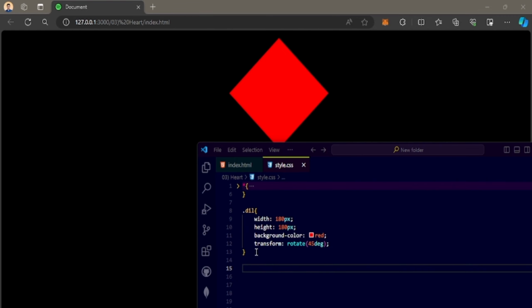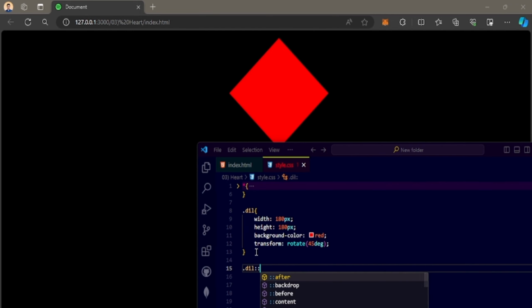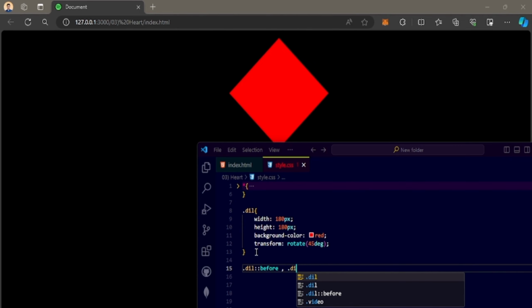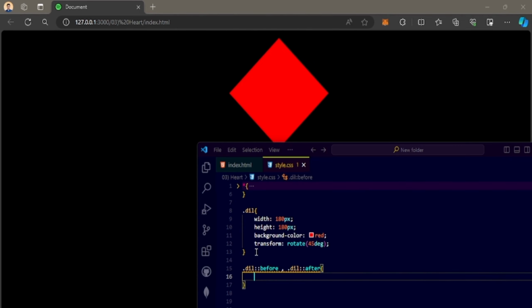then we select pseudo element for the div class, for before and after, then we select content empty, then give the same width, height and background color like the upper class,